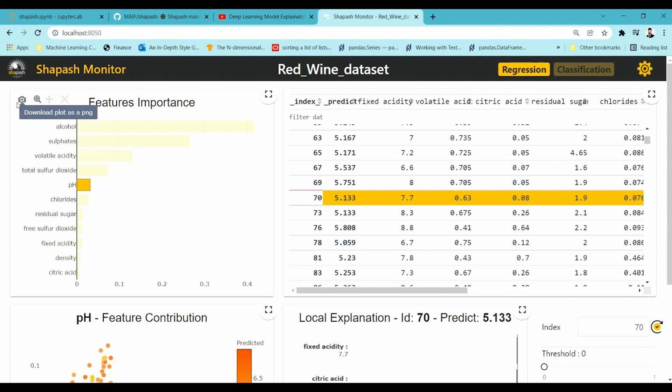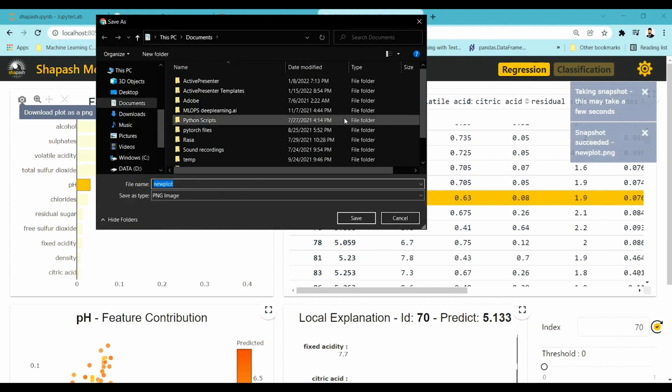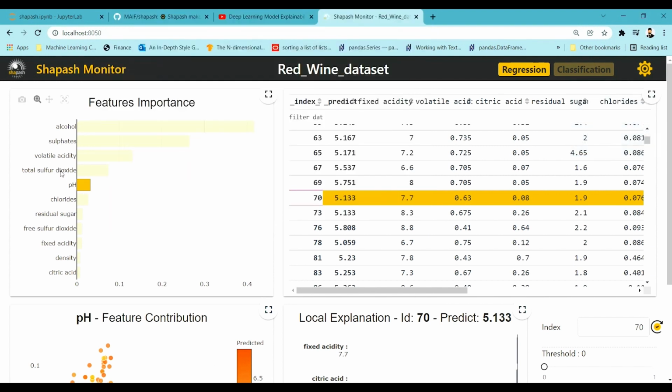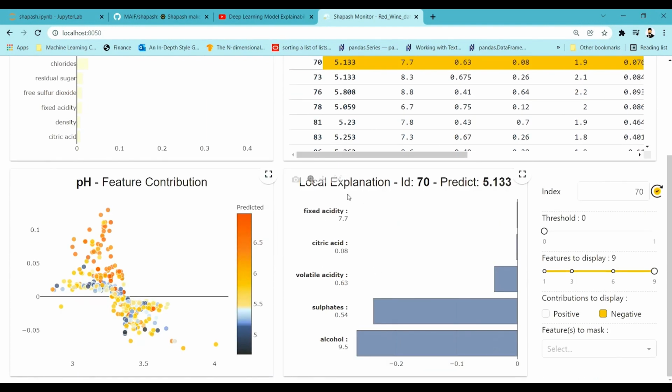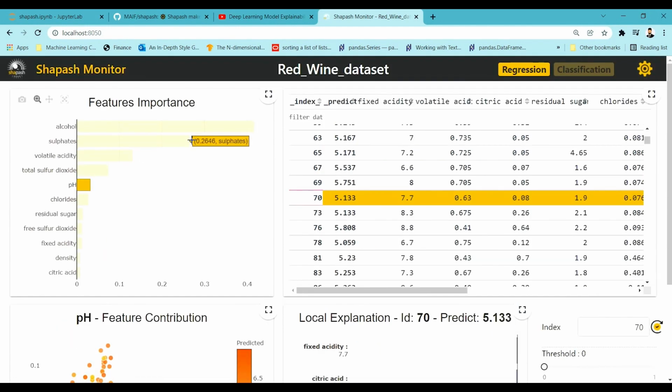And here you can take a screenshot of this, and you can save it in png format. So this whole feature importance plot will be saved as a png. Similarly, you can click it over here and save it, and you can explore more over this. So likewise, you can check the explainability of the model with respect to each feature,